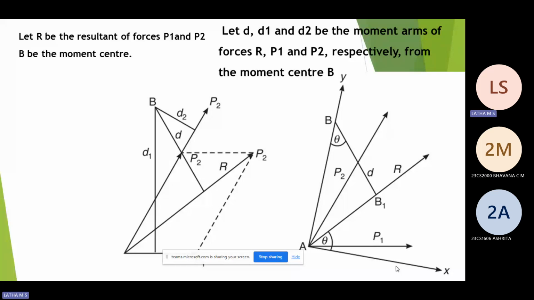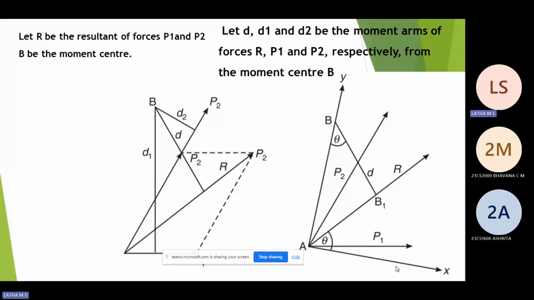Correct? So I calculate F1 X1 plus F2 X2 plus F3 X3, which, as per Varignon's theorem, is equal to the effect of all three forces, that is, the resultant. And when I take the moment of this resultant about the same point, with the perpendicular distance, let me say, capital X, it is equal to R into X.